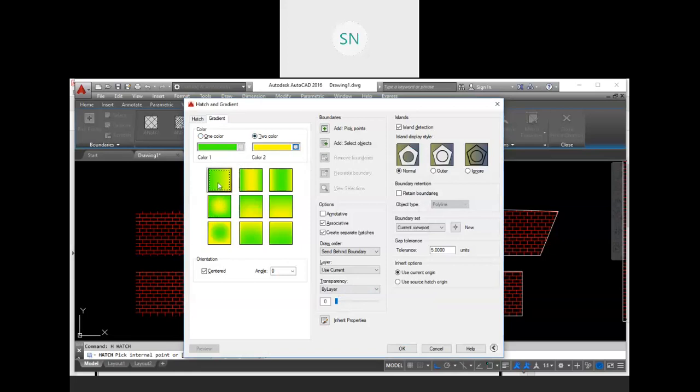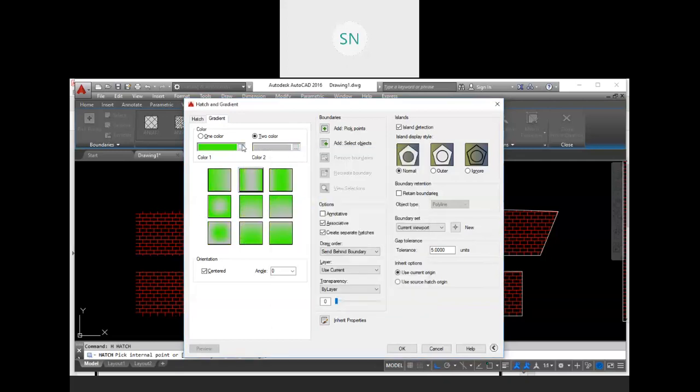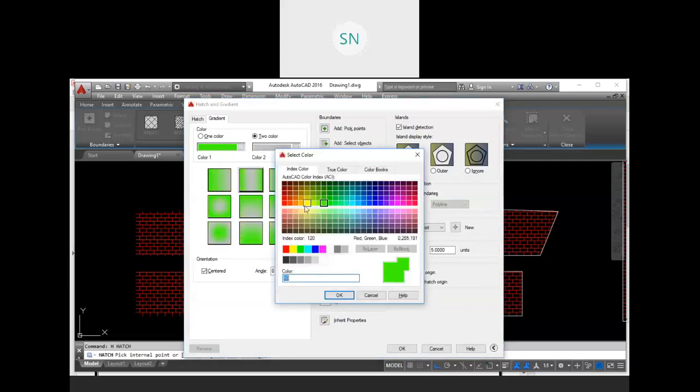And these are the shadings we have. You can choose any shadings. For example, I want to create something like a glass, right? So we can use a little gray and white.